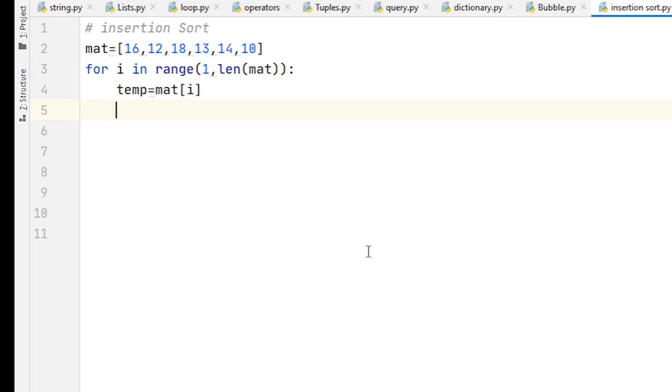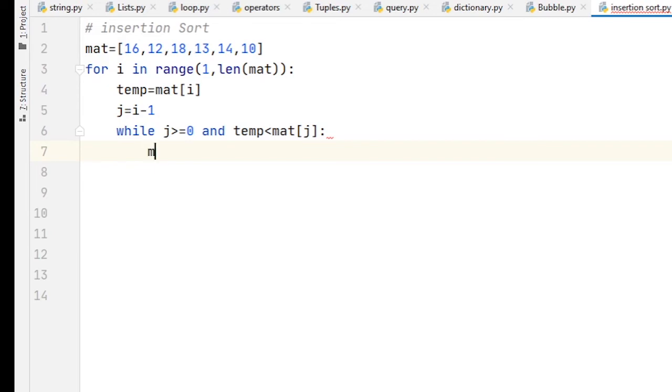Now compare it with all the elements on the left hand side. For that I set j equal to i minus 1 for the left hand side elements. And again I start one more loop: while j is greater than or equal to 0 and the value of the temp variable is less than mat of j. While both conditions are satisfied, we shift the element to the right hand side.